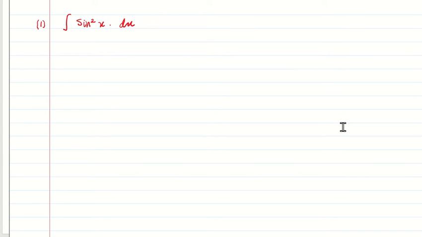So see, what you are supposed to do in this case is the following. You have to apply your double angle formula. Remember, you can't do anything else. So you have to use your double angle formula. You need to remember your formula for cos 2x. Now use the one which is 1 minus 2 sine square x.